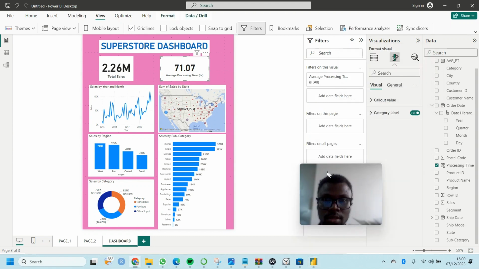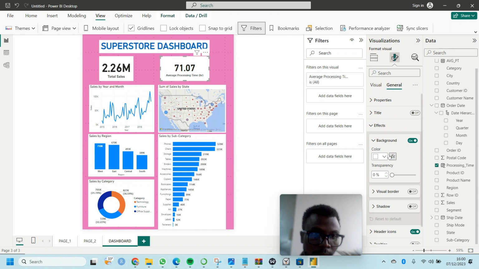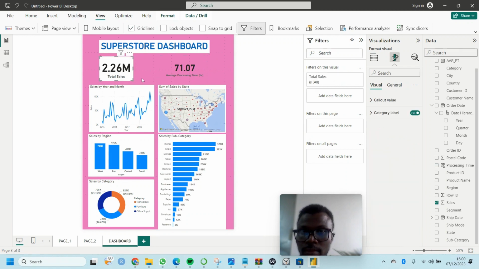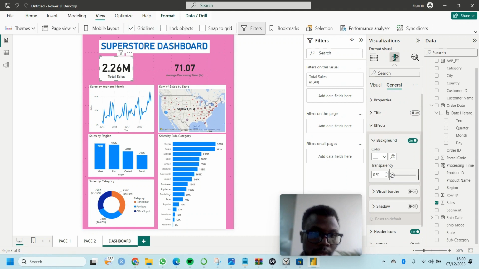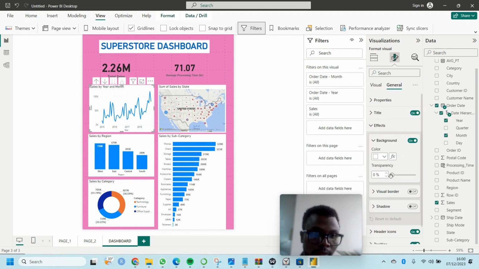Our dashboard is ready, so it's just some little touch. Visuals, category label, general, properties, effects, and background transparency. You can increase this. Now, this is what I'm talking about. Now, do for the rest of them, general, background transparency. Also, do for the rest of my chart, general, effects,